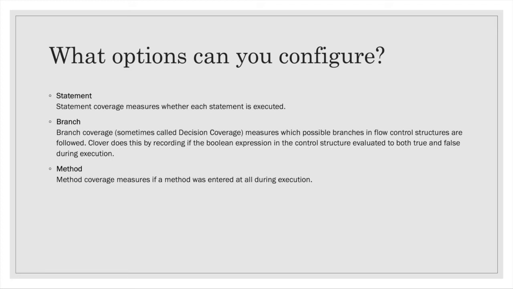What options can you configure for this code in OpenClover? The first is statements. You can either choose to configure and view results based on statement execution, or you do branch execution. These are your for loops and decision statements, basically, or based on methods. So without further ado, let me get into the demo for